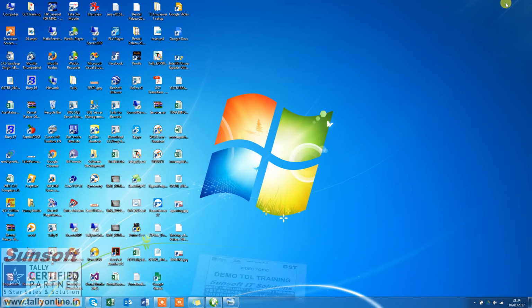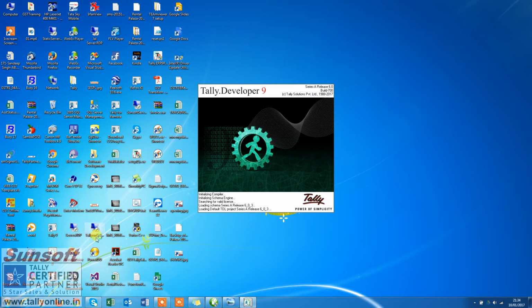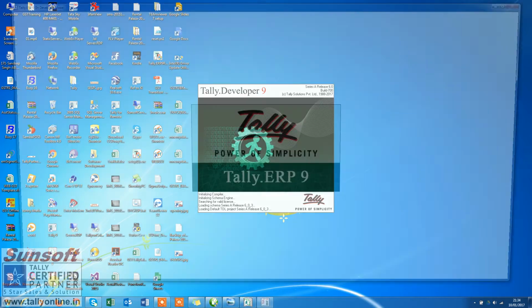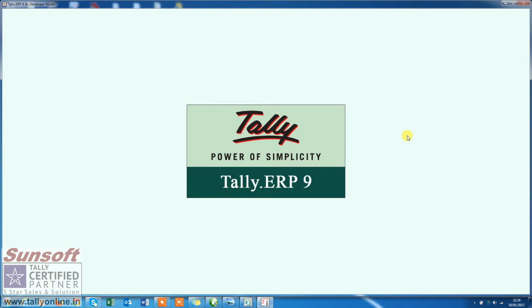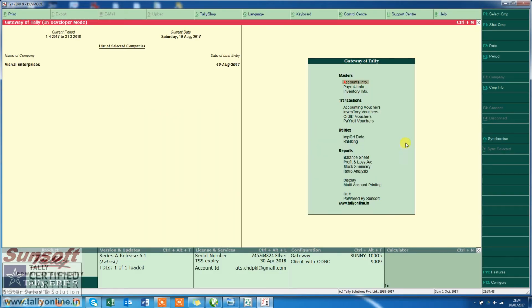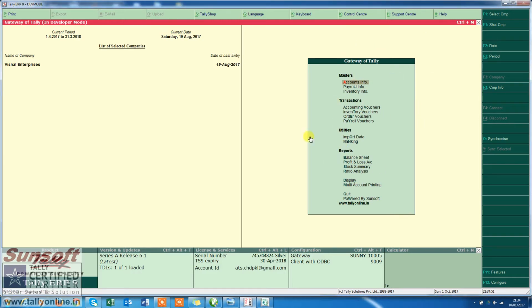So let us start. First we need a Tally developer. So I'm starting with a Tally developer. Side by side I'm starting the Tally program also, so that you can see. When we start Tally, this is called a menu. These are the components. This is the gateway of Tally. This is the base menu that Tally has, and these are the buttons. The side screen that we are seeing has all the buttons that are there, and on the top of it